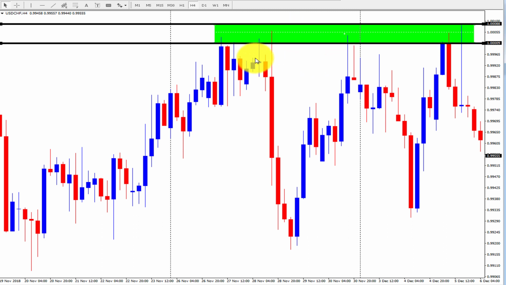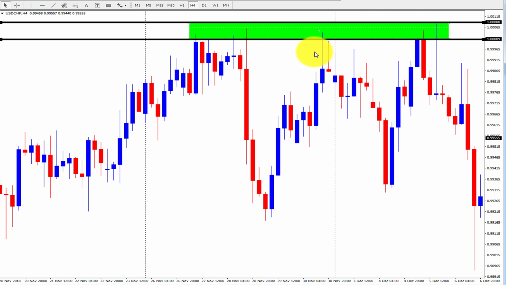resistance zone. So here we can see that as this is our resistance zone, we will be very careful when price approaches this level. We can see that the market is making a bullish candle, another bullish candle, then another bullish candle, and then some bearish candles as well. And when price hit this level, this resistance zone, then we can see that the market is